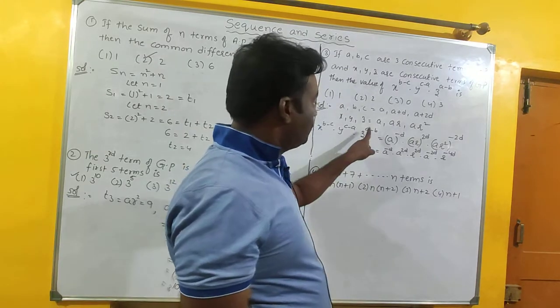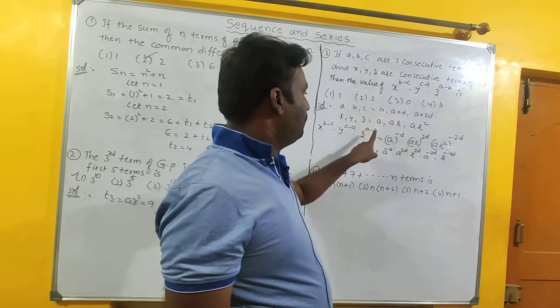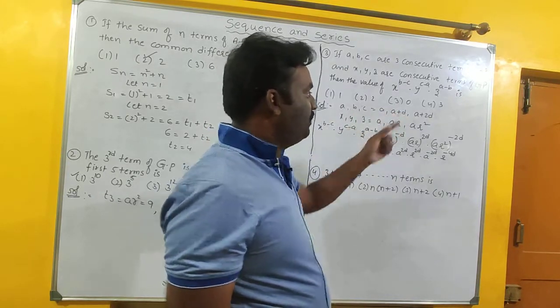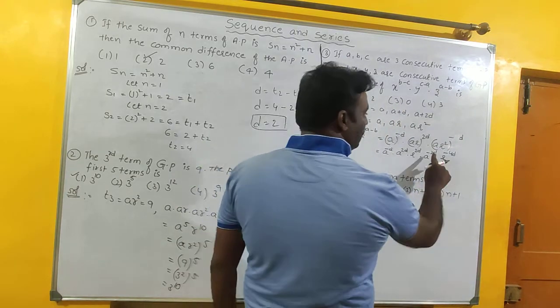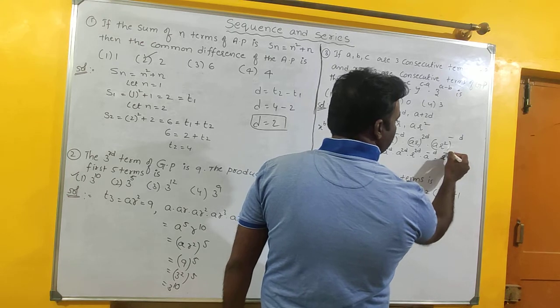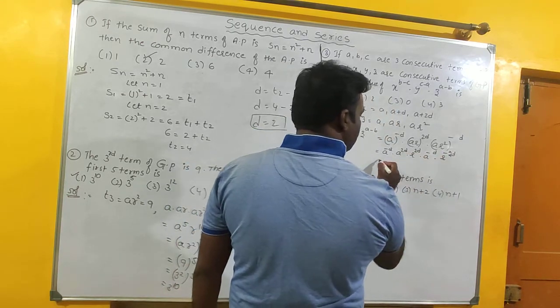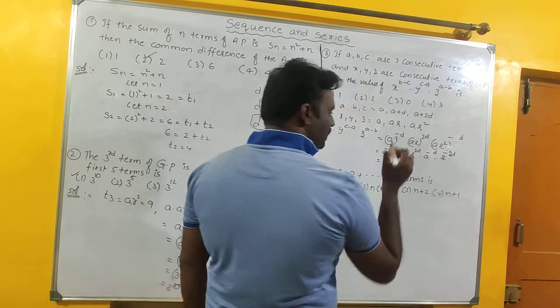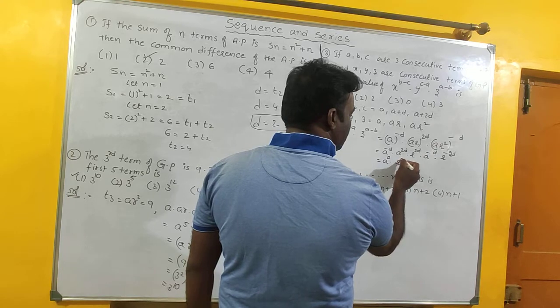A small correction. Here A minus B. A means A, B means A plus D. If you subtract, here you will get minus D. Then A power minus D, and here we will get minus 2D. Now these powers involving 2D are added, you will get A power 0. Similarly 2D and minus 2D cancel, then you will get R power 0.